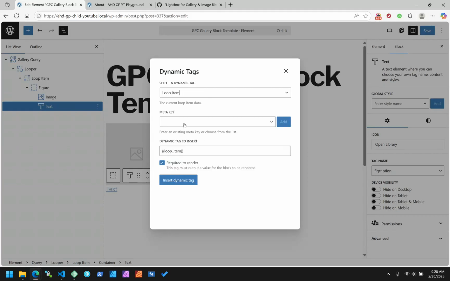Yeah, and meta key. I think we have to do the gallery image. I think that's what it's called. I'm looking at my cheat sheet over here. So that is returning a loop item going through that, pulling that image, but it's returning an object or an array. I can't remember. So we want the caption portion of it. Required to render,